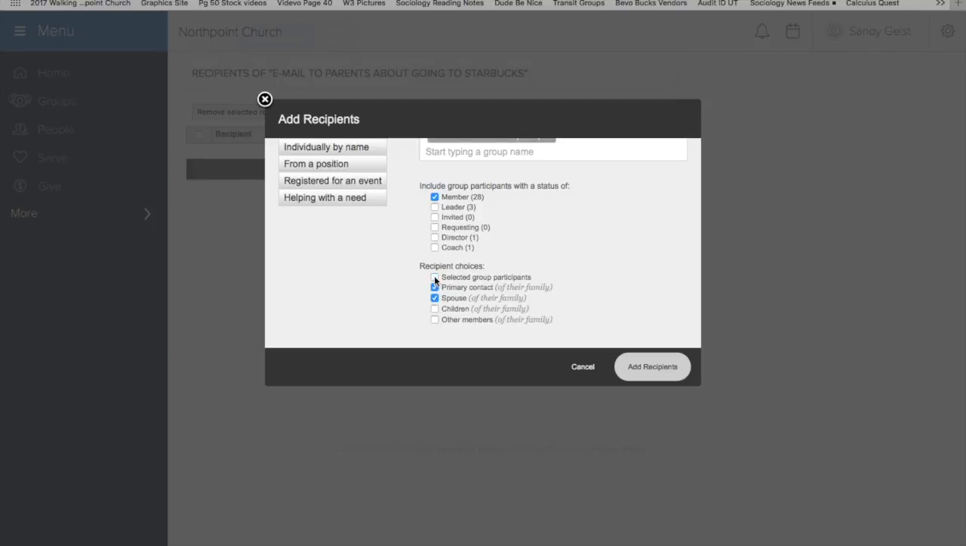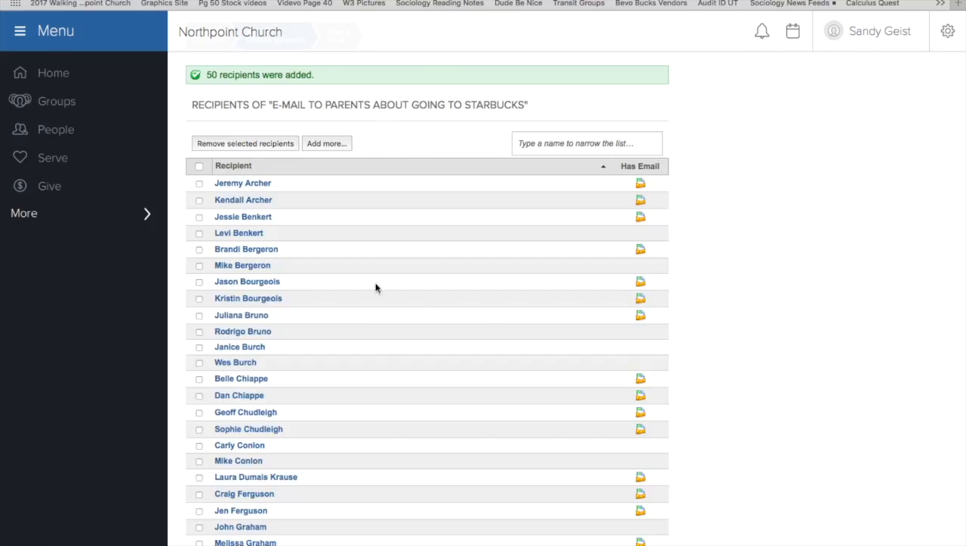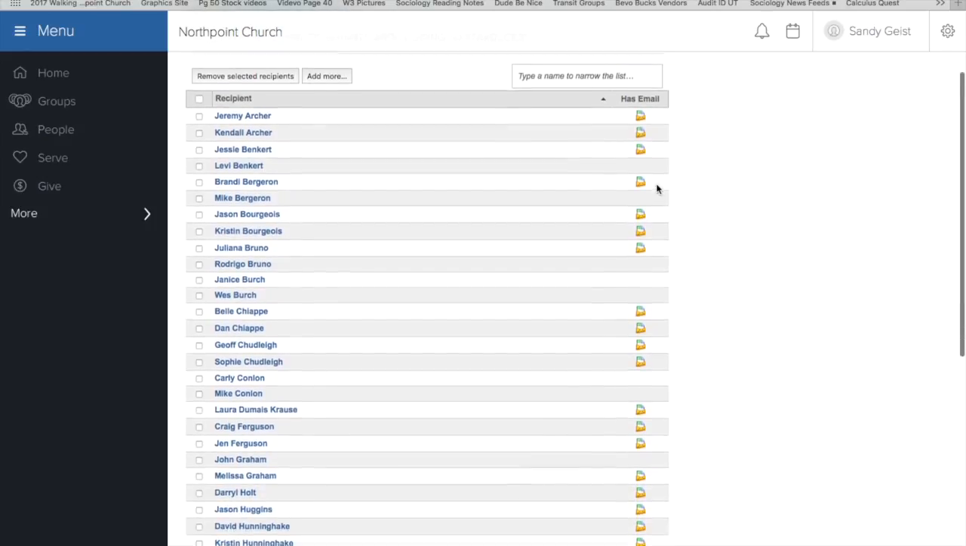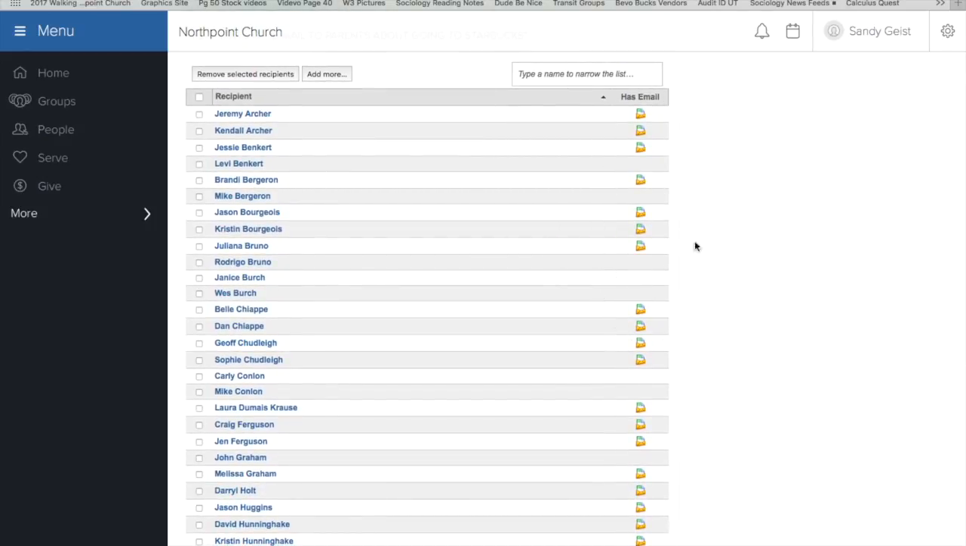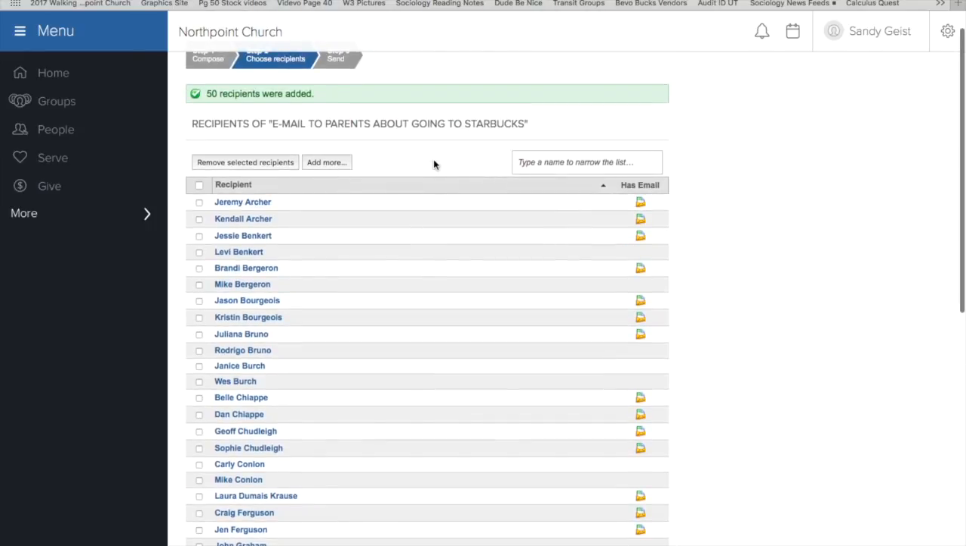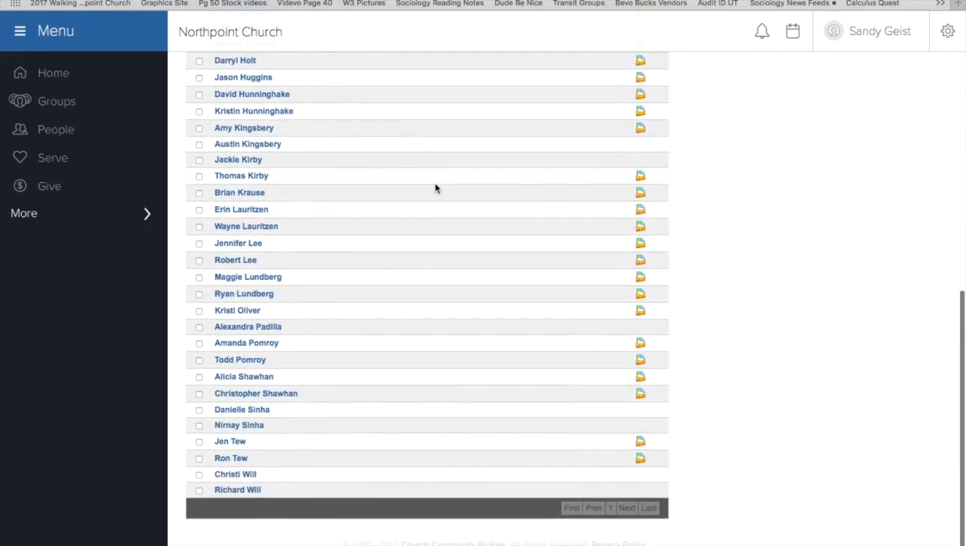So you want to click primary contact and spouse and unselect members, and when you do that, then you will see all the parents, the primary contact, and the secondary contact for everyone in your group. If you see the little email on the side, that means you have an email in there for them. It's good to double check and make sure at least one of the parents has an email